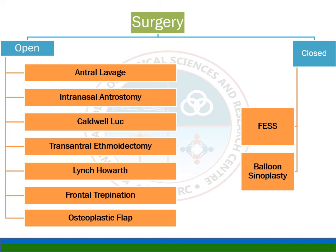The anesthesia is either general anesthesia or local anesthesia, but for all practical purposes, please say it is only general anesthesia, and the steps involved are for the maxillary process, the maxillary sinus, it's uncinectomy followed by middle meatal antrostomy. That is, we have to remove the uncinate and open the maxillary ostium. Please remember the maxillary ostium and the opening is completely posterior to the perpendicular horizontal part of the uncinate process. So unless that natural ostium is opened, we will not be having a functional surgery antrostomy,